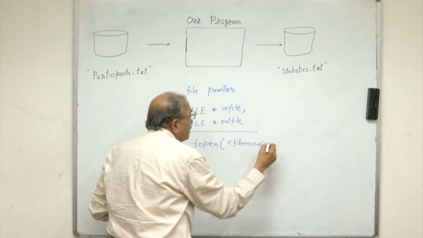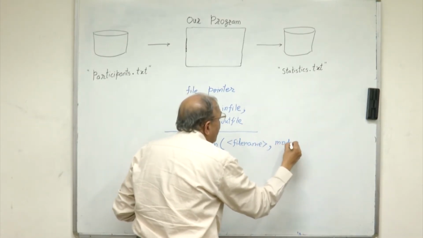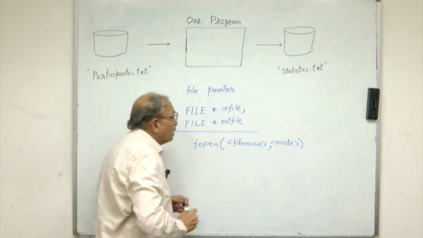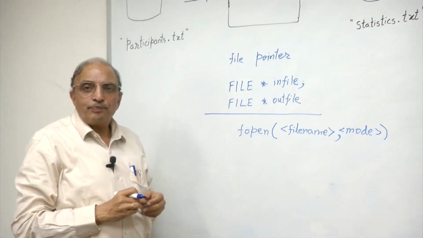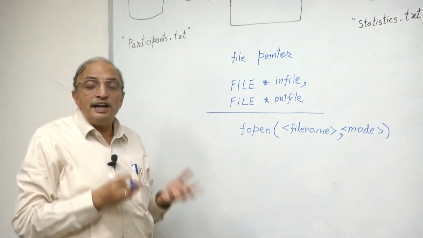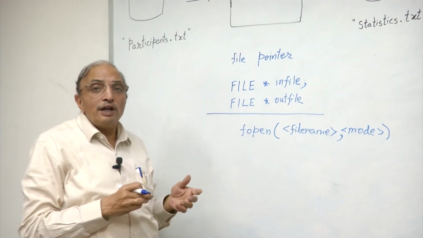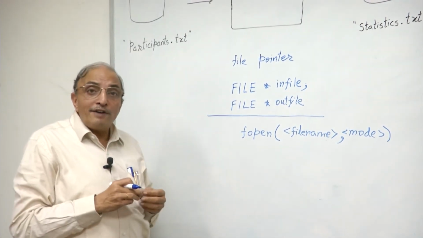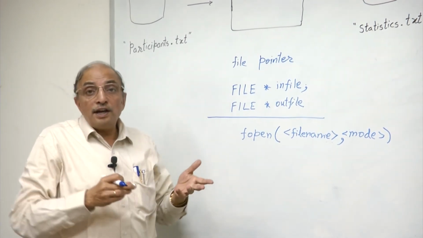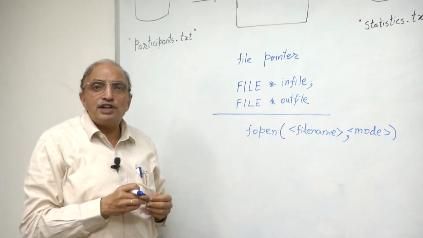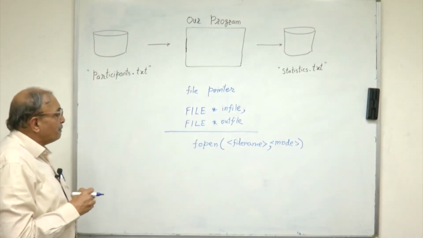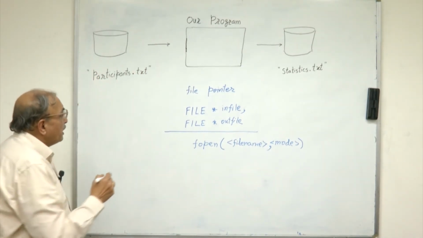and the second parameter is called a mode value, which is actually a text symbol indicating in what fashion we wish to use the data. For example, I could open the file in an input mode, in which case I read data. I could open the file in an output mode, in which case I write data. I could have an ordinary text file as the names suggest here, or they could be special files such as digital image files or any other type of file which contains purely binary data. For the purposes of processing data from this file, for example, we could use the fopen statement in the following fashion.